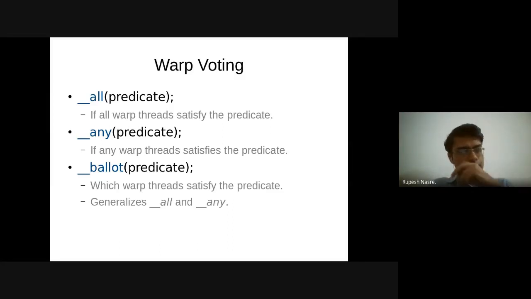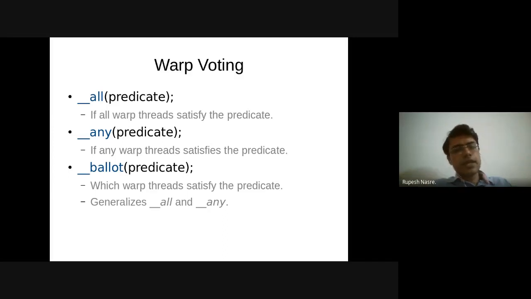This is where, in some sense, a little bit of coordination across warp threads is useful, and that is where warp voting comes into play. What does it mean? It means that you want to ensure that whatever is happening is restricted to only the warp, only the 32 threads which are part of the warp.